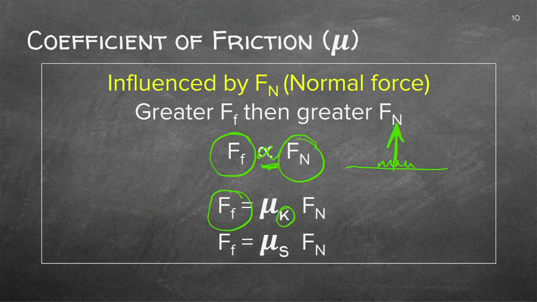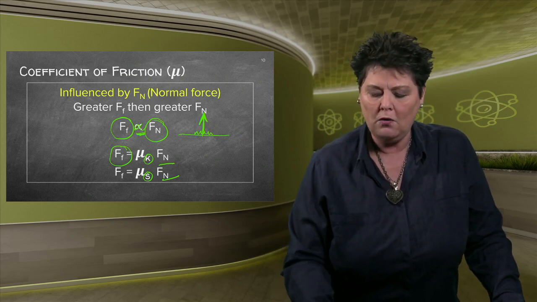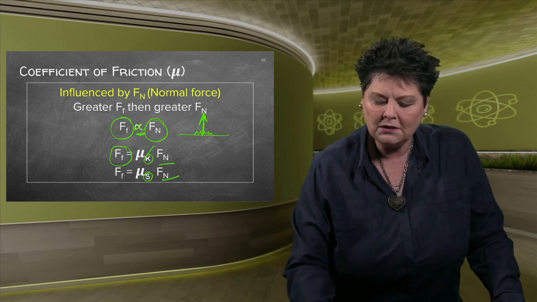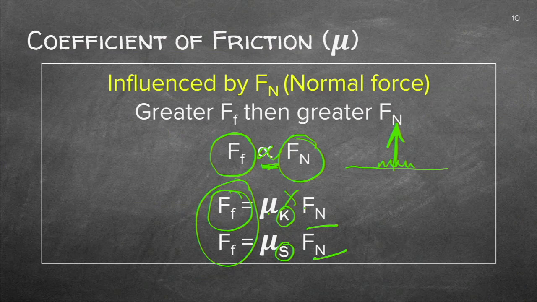The two equations with which you'll be able to calculate the frictional force will either be with the kinetic coefficient or with the static coefficient. And in both cases, you'll have to be able to work with the normal. So in a later section, we'll be actually calculating the normal. But for now, the normal multiplied with the coefficient will give you the answer for the frictional force.